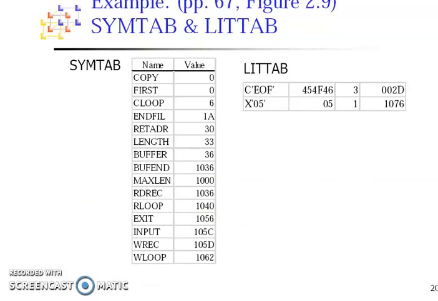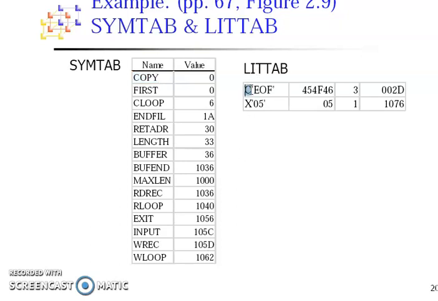Then another example: SymTab. We have come across SymTab and LitTab earlier. SymTab will have the names of the symbols that will be used and their corresponding values, so the values will be the addresses.